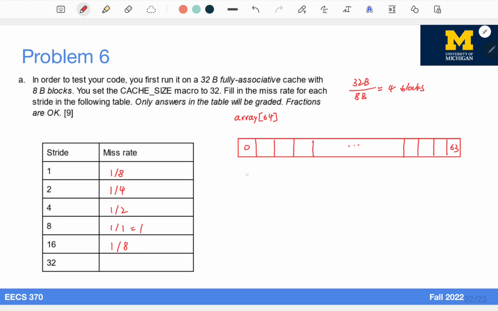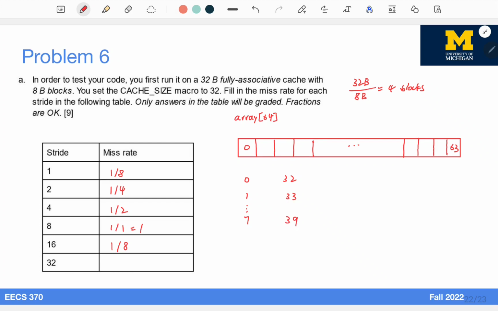In the first inner loop, we start at 0, and then we have 32, and then we go to the second outer iteration, and we start at 1, and then 33. We will keep doing this until the inner loop starts at 7, with another